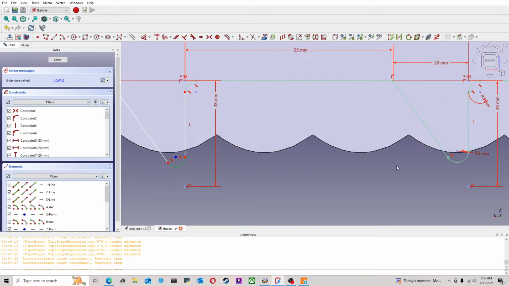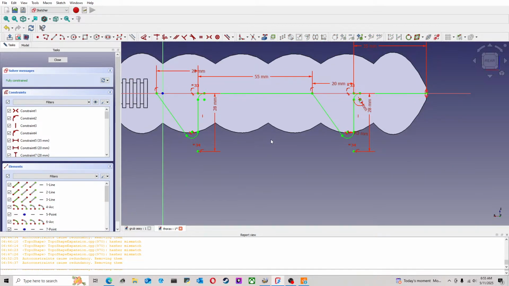Make those equal and these equal. All right, go ahead and close that,